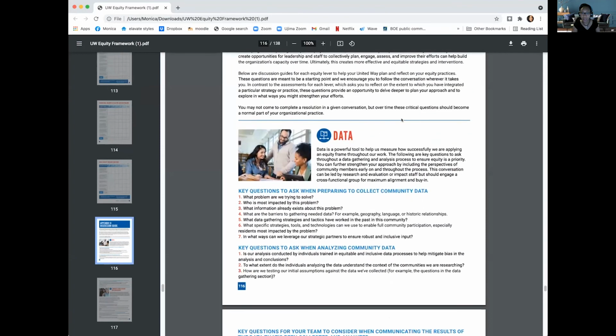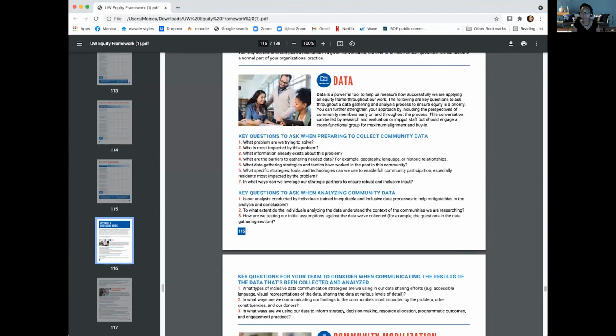And notice, say for instance, you've chosen the data committee because you're interested in health disparities or economic mobility or educational disparities. You will go down and look at, okay, what are some key questions we should be asking while we're preparing to collect community data.